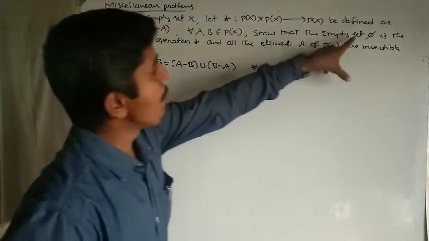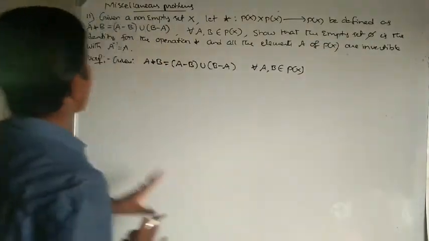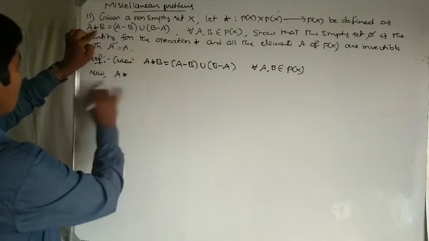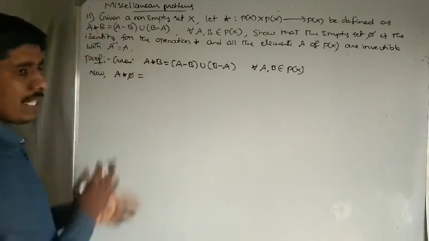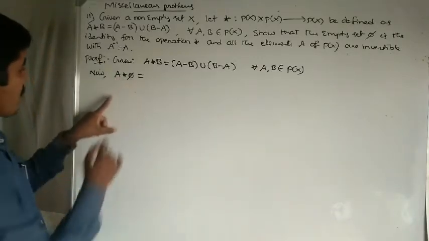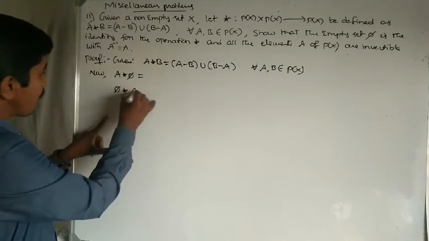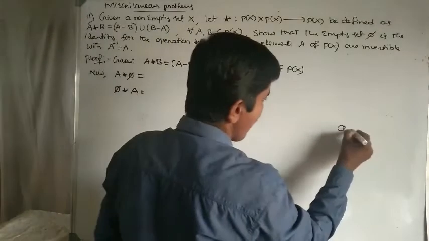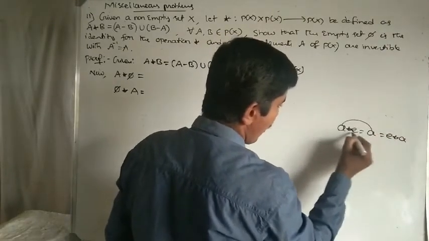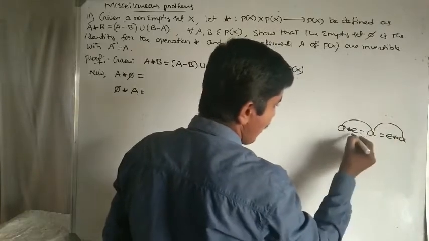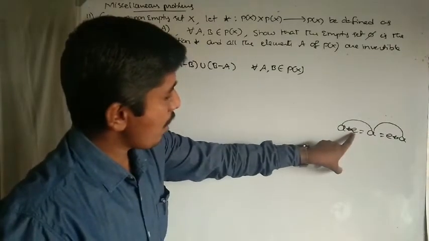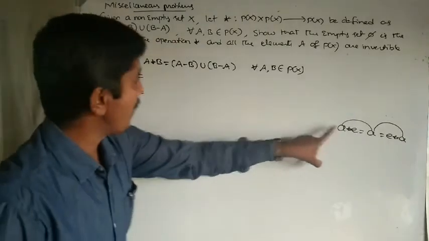First I am going to prove that the empty set is the identity element. So now I am taking A star null set, because here we have to prove that null set is the identity element. Correct. A star null set I am taking here. Next, null set star A. Correct. We know the definition: A star E equal to A, E star A equal to A. Then we say that E is called the identity element. Therefore, in place of E, I am taking pi, and in place of capital A, small a.